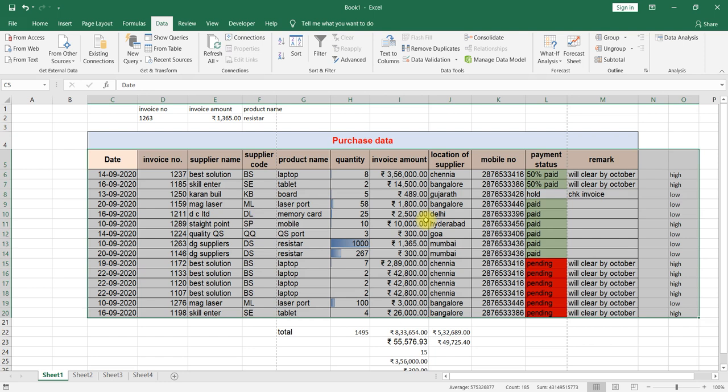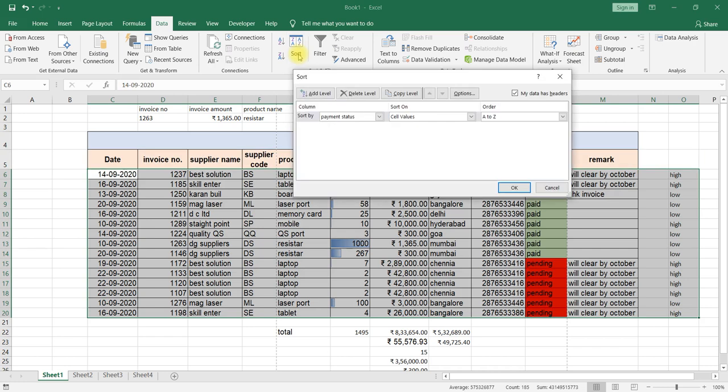For example, you can arrange within the data also. I would like to arrange data product name wise, and within that product name, I would like to know the payment status. Then how to do that? Again, select the data, sort.